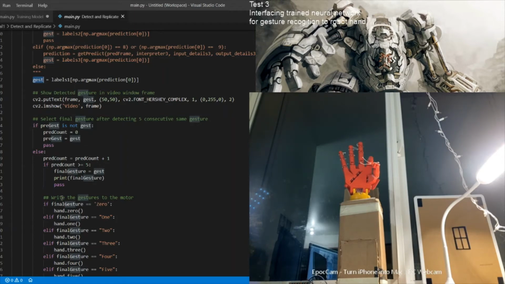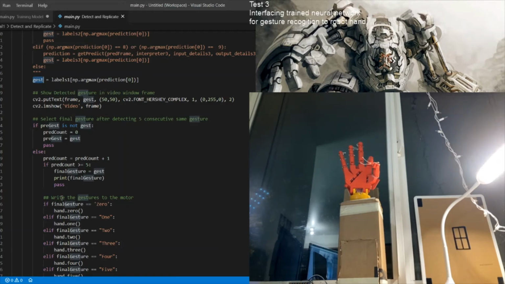So if there is a sudden change in the gesture, or a mispredict happens, or for every frame there are different gestures detected, it might pass those gesture values to the motor, and every millisecond it might want to rotate to a different angle, and it might damage our motors.